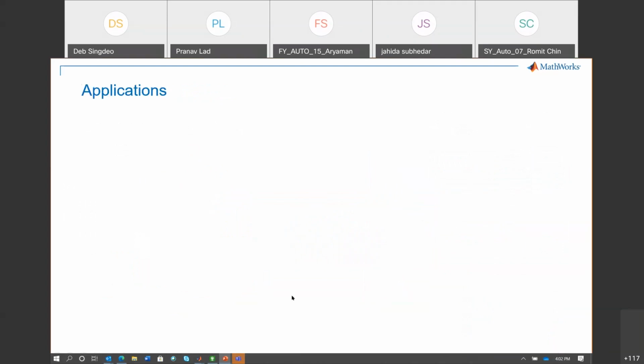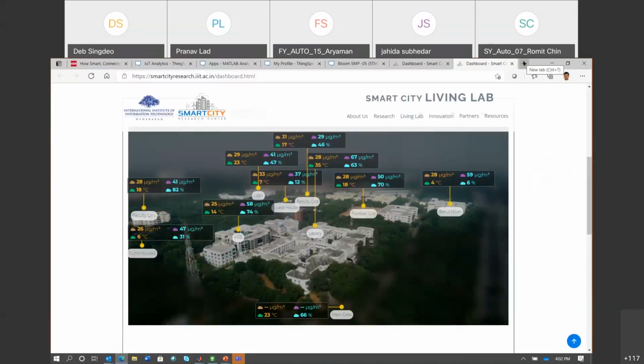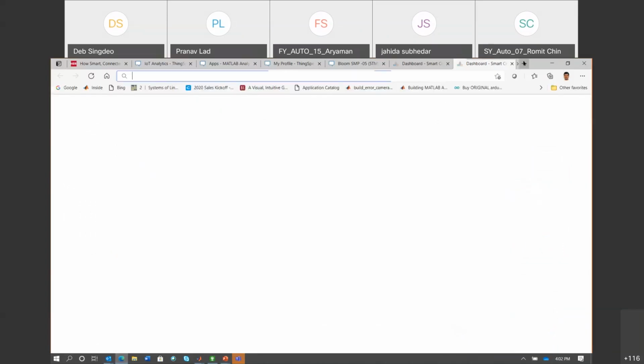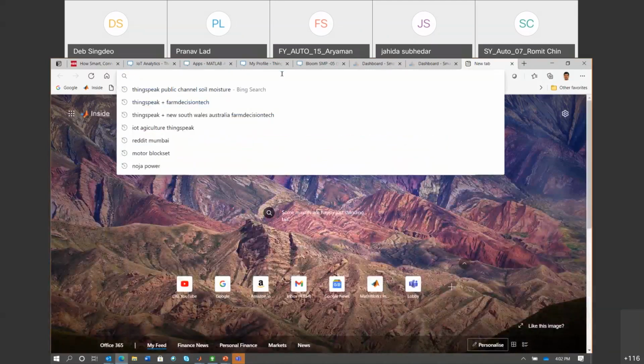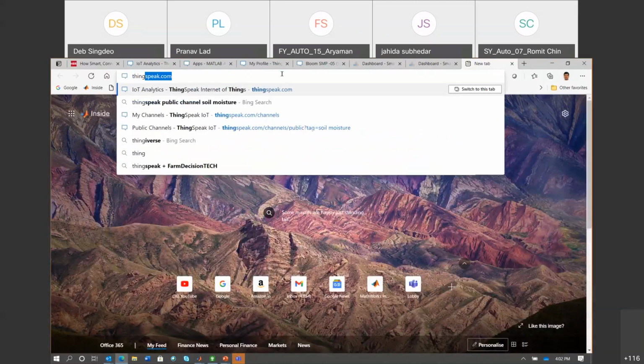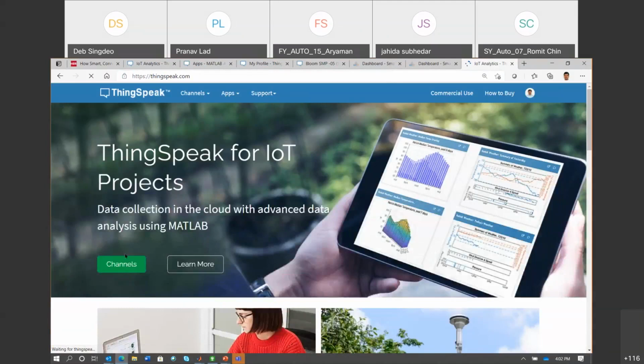So what is ThingSpeak in this particular case? For devices, it's sort of a web address. For us, it is very much like a website. So I can go to the very top and just type thingspeak.com. It is going to open up a web page like this. If you have your MathWorks ID, you can directly log on to ThingSpeak. So you can see that I already have my MathWorks account. With that, I can directly log onto this particular platform known as ThingSpeak.